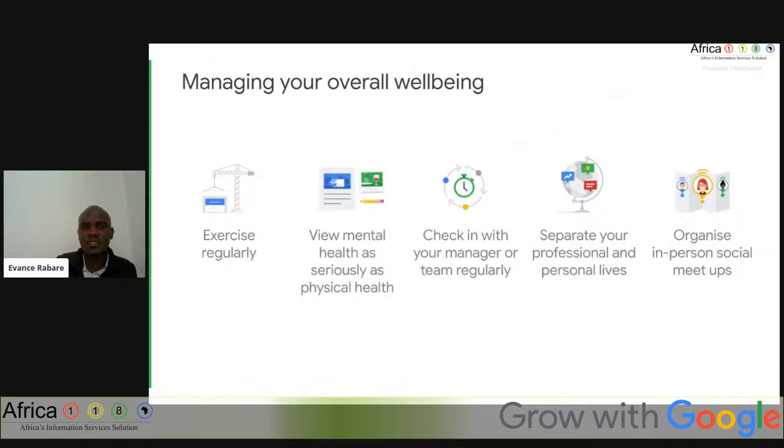So these are some of the activities that you can do to manage our fitness and our overall well-being. We need to exercise regularly, just a slight exercise. It doesn't have to be a heavy one or heavy lifting or something. Just a slight exercise. View your mental health as seriously as your physical health. So remember, your mental health